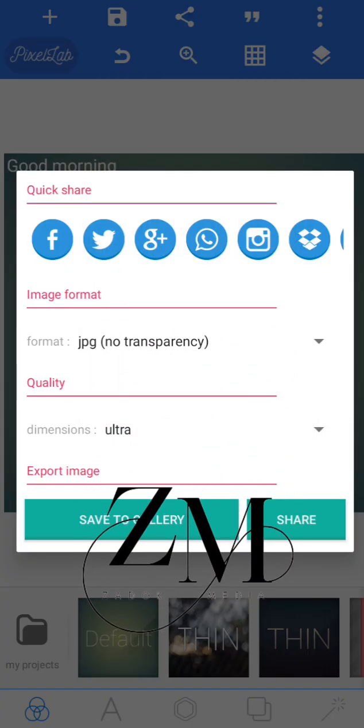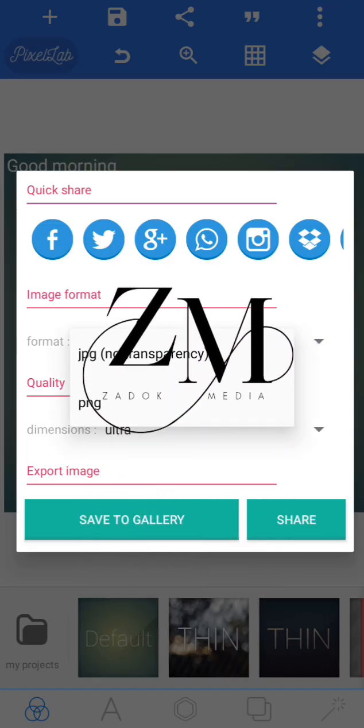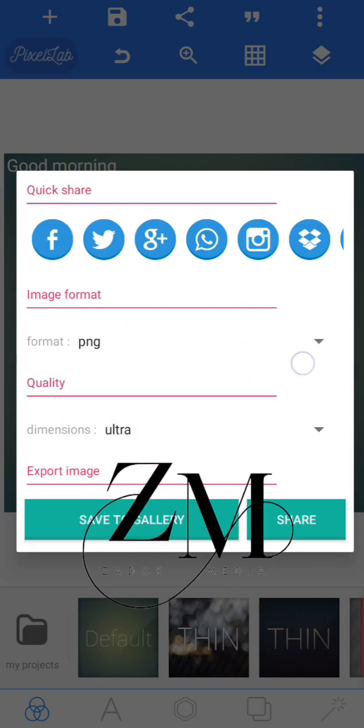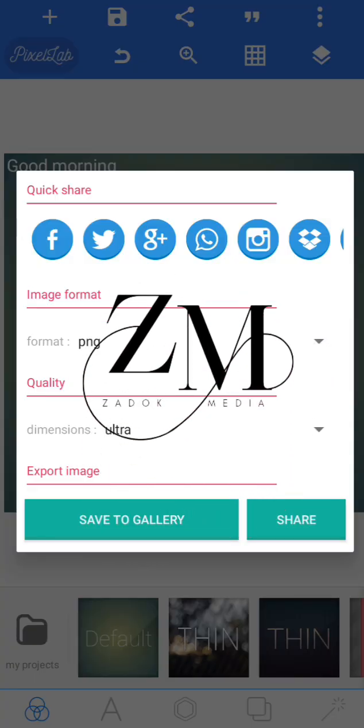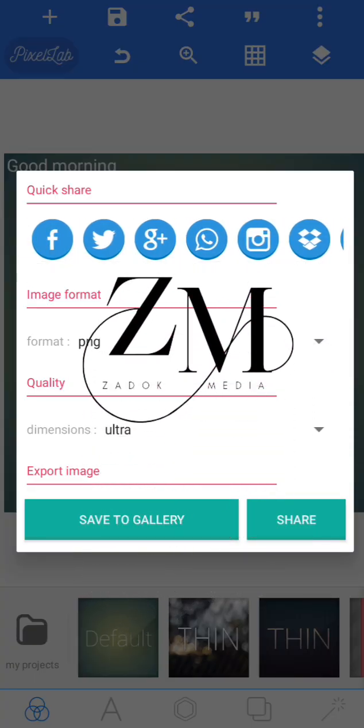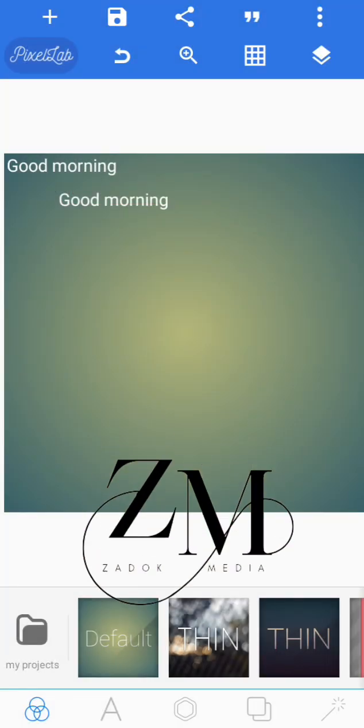Then you can still change your format from JPG to PNG, which is for making the background transparent. Then you select save to gallery. But if you want to share it, with quick share, these are the options you have. So that is it. Then the next one on our